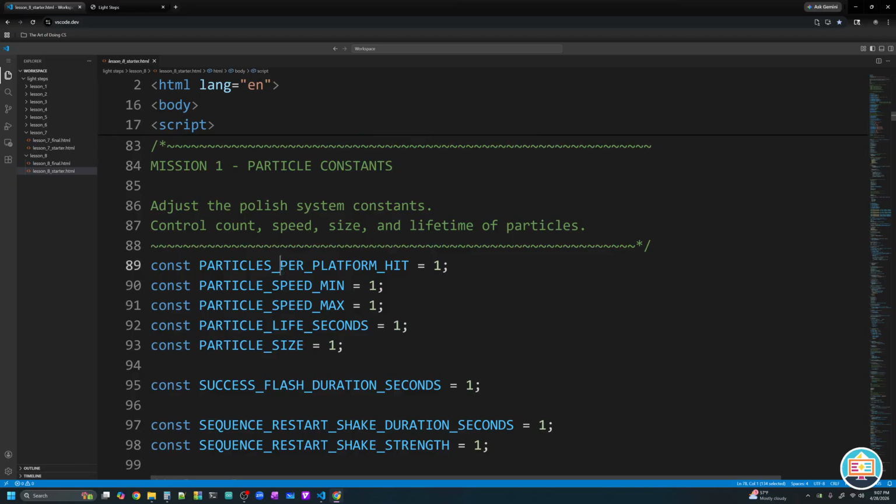So our first is going to be our particles. Every time we land on a correct platform and we hit a correct platform, we're going to spawn particles. So how many do we want to create per platform hit? Right now it's set to 1. That's boring. I'm going to make 25 of them. And now our particles are not all going to move at the same speed. Some are going to be fast, some are going to be slow. We're going to randomize it. And so I'm going to set a minimum particle speed of 500 and a maximum particle speed of 600